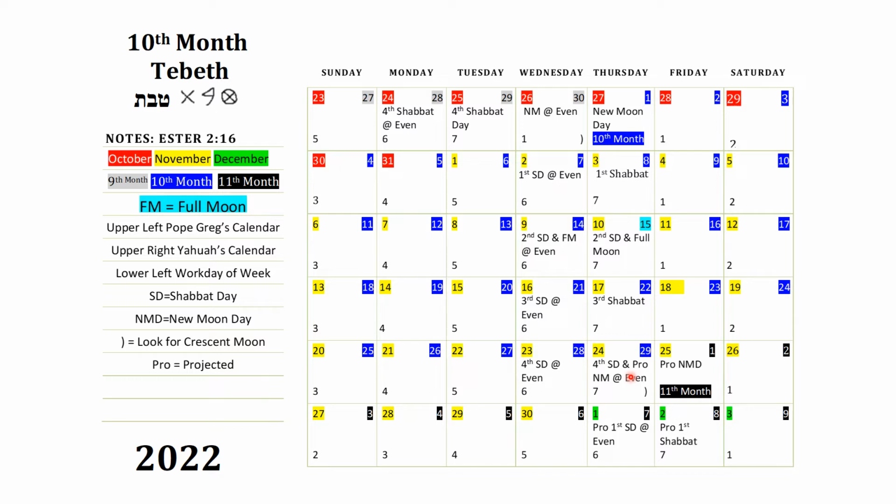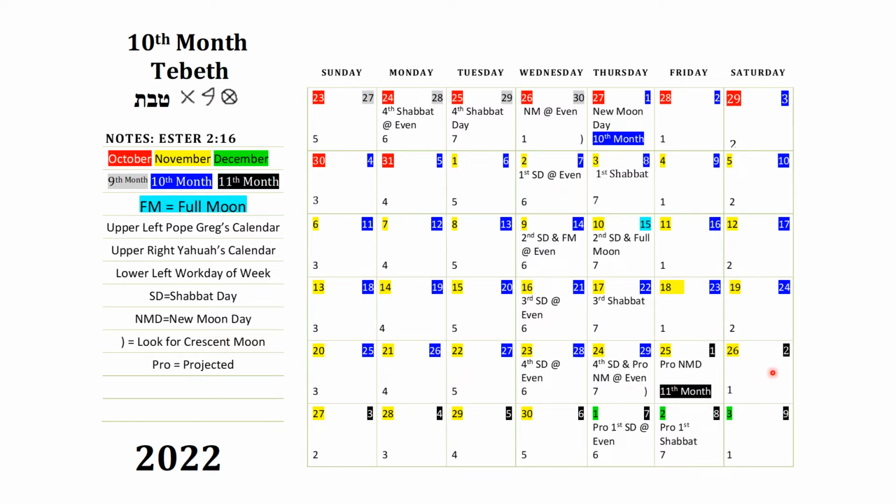It can't be a new month now unless it's been spotted and confirmed. Like I say, these are just projections until we spot it and confirm. It was projected to come out on Thursday the 24th in the evening, and it didn't. So we had to make our adjustment, because it came out on Friday evening, the 25th, making our new moon on Saturday. That's why I put "projected" here. It's not positive. It's just projected. Once you see it, that's what makes it real.